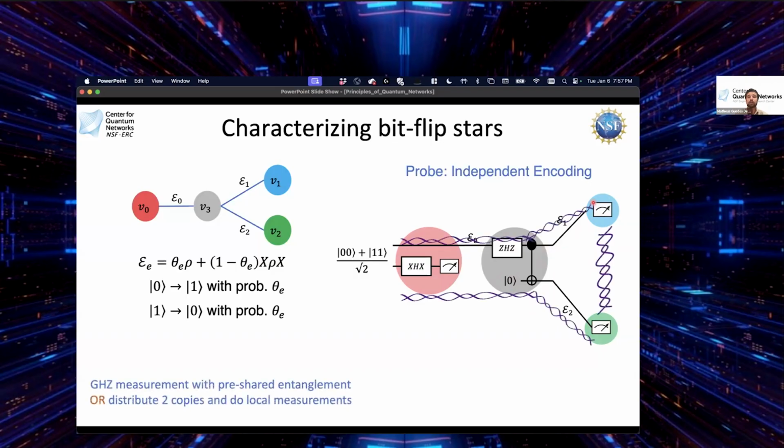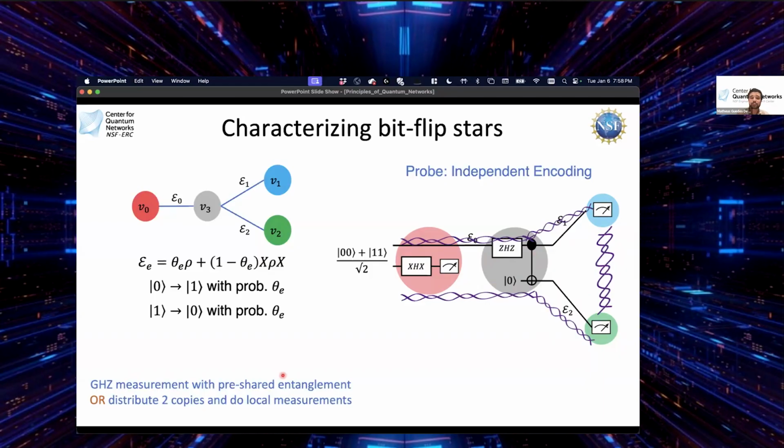How does this go? Well, we do these measurements, but there are two ways we can measure this. If we assume we have pre-shared entanglement, meaning magically we had entangled states generated between the nodes before we do all this transferring process, we can do a GHZ measurement on these three qubits, which is very similar to a GHZ fusion, essentially,